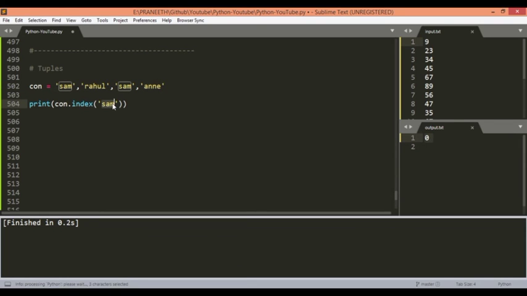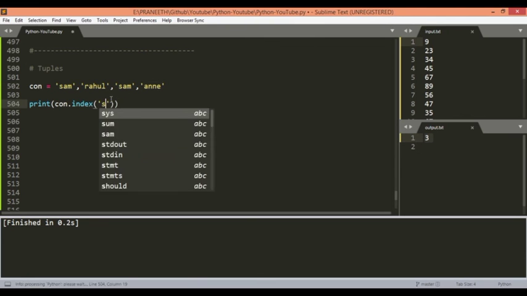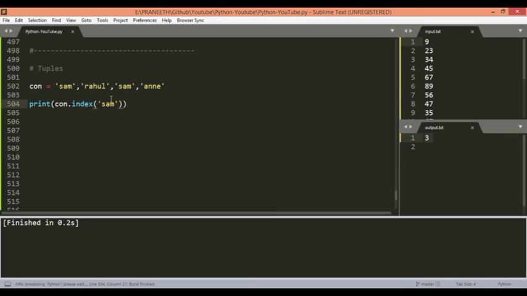If we take this and change it to NA, then we can see it is outputted as 3. So the index of this NA is 3 because the index starts with 0, 1, 2, and NA is third. So we can change this to same again, and you can see that it will return the first occurrence of